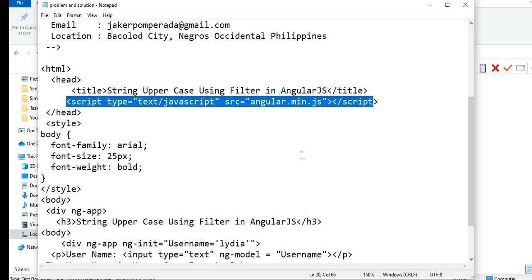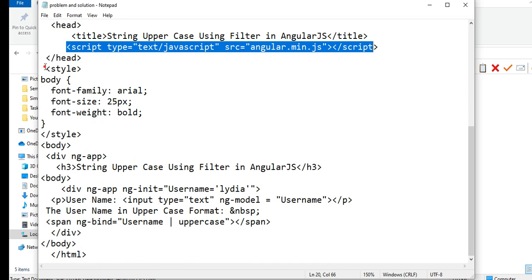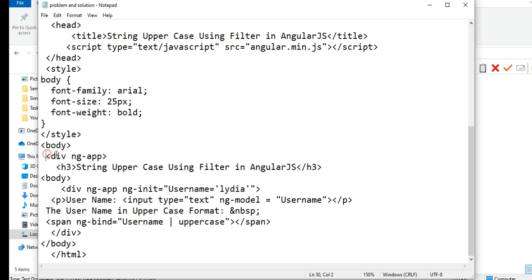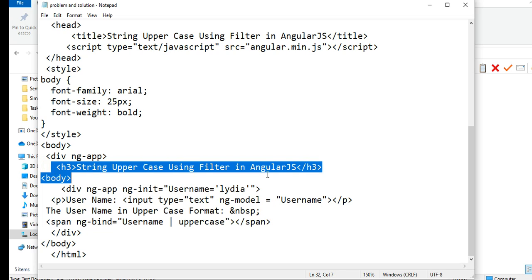So we have your HTML head, title, string uppercase using filter in AngularJS, and then we include this library file angular min.js, and then we have here the style, body, font family Arial, font size 25px, font weight bold, body, div, ng-app, starting the execution of our AngularJS string uppercase using filter in AngularJS, body, ng-